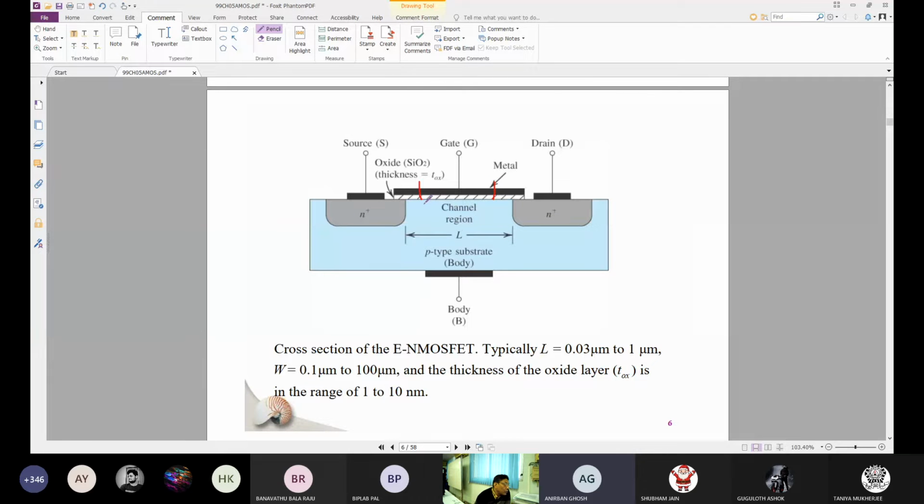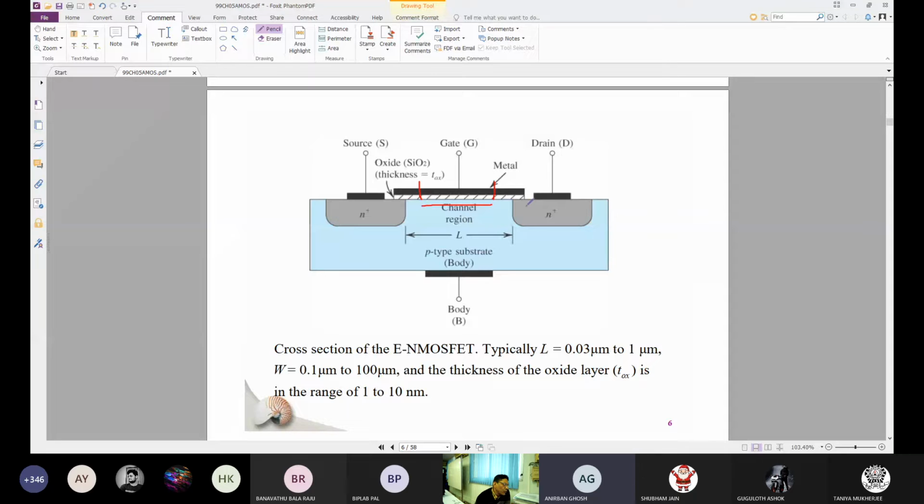The channel will form only in this region, and there will be no channel here. Does it make sense? When you are applying potential here, the electrons will be attracted in this region, and there will be no inversion layer, or no layer of electrons